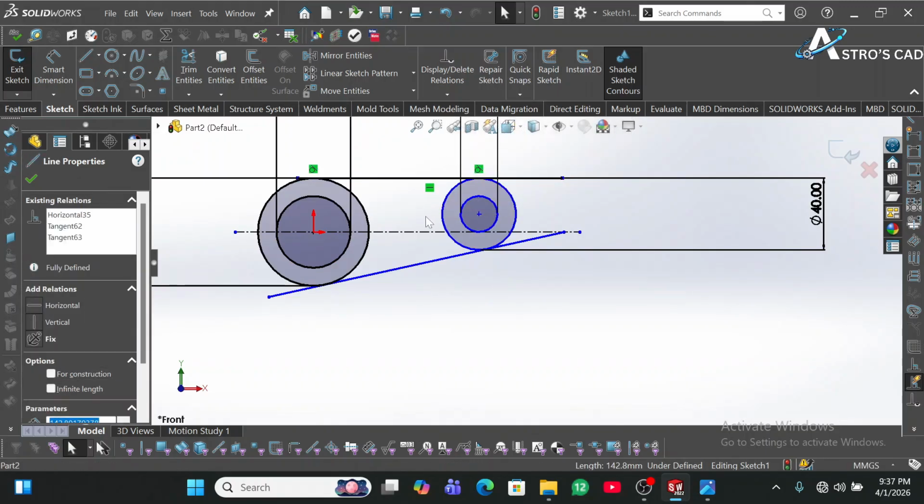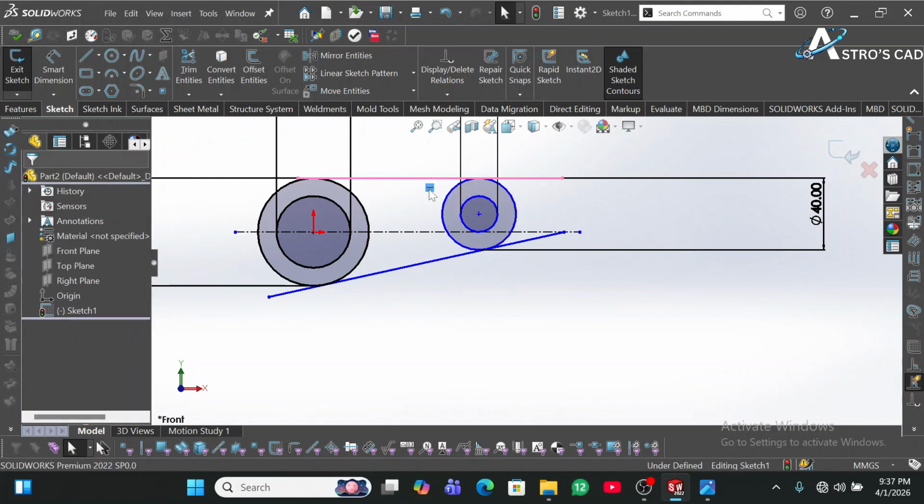Okay, I know what the problem is. So this line is vertical. We've given it a relation, and it's not supposed to be vertical. So it's not supposed to be horizontal. It's supposed to be a free line. So I'm going to delete this, click on it, click on delete, and I'm going to try that